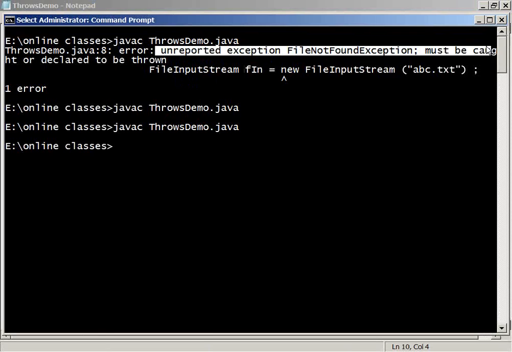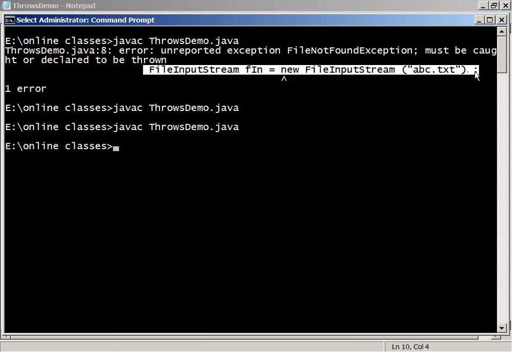The compiler is going to strictly check some kinds of exceptions. They are called checked exceptions. Very important point, guys. The compiler is not going to check some kinds of exceptions. They are called unchecked exceptions. But the point here is, whether the exception is checked or unchecked, it is raised at runtime only. What does it mean? Whether checked or unchecked, it will be raised at runtime only.